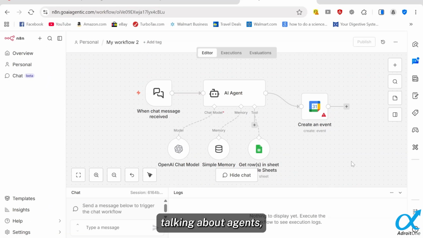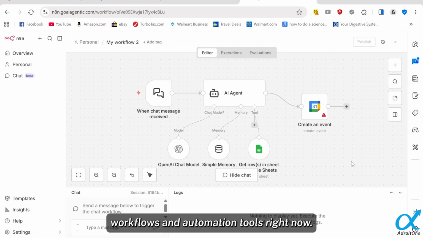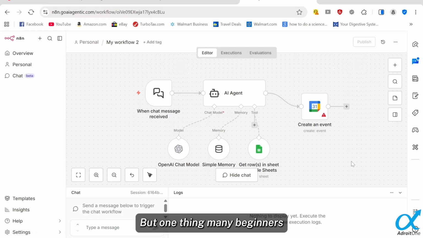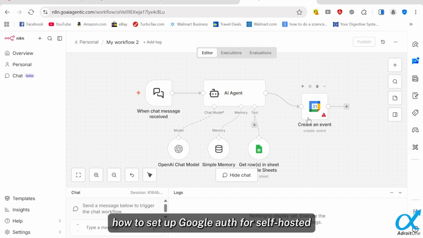A lot of people are talking about AI agents, cloud workflows, and automation tools right now. But one thing many beginners struggle with is connecting real business tools like Google Sheets and Google Calendar securely with n8n. In this video, I'll show you step by step how to set up Google Auth for self-hosted n8n using Google